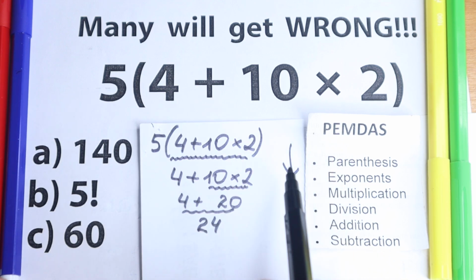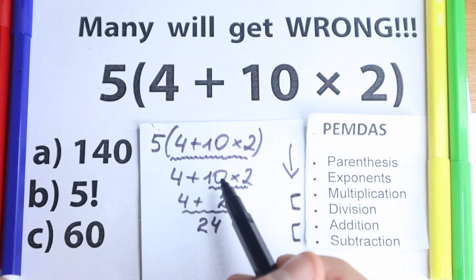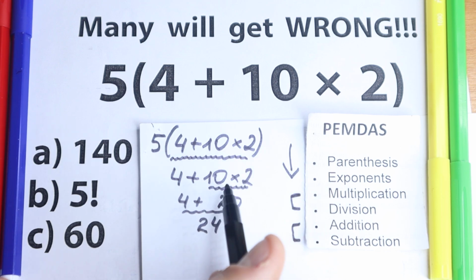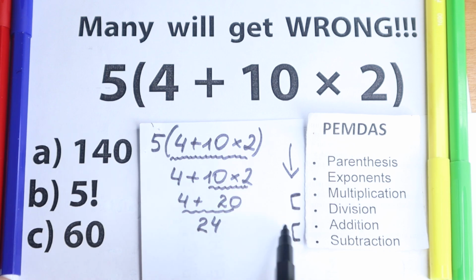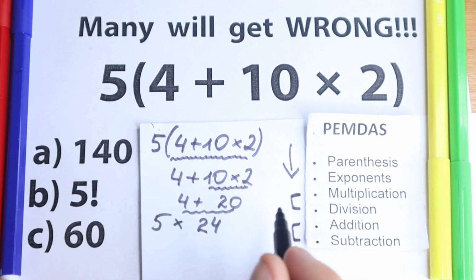What about exponents? As I told before, we don't have any squares or cubes, so we need to go next with exponents, but we don't have them, so we just go to the next step. We have multiplication and division, and the last step is 5, which we had in the beginning, so 5 times 24